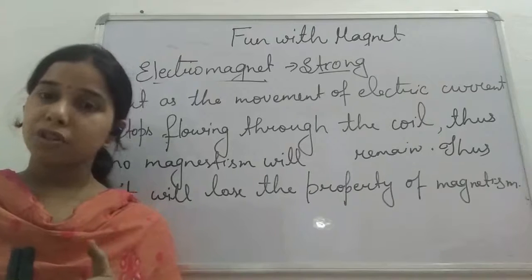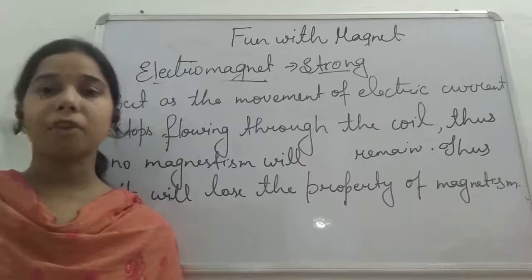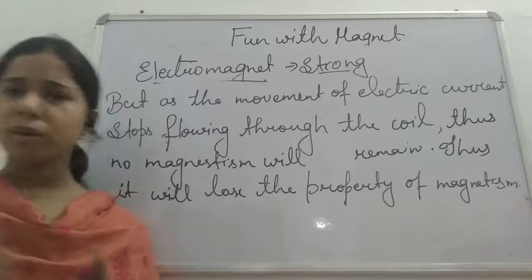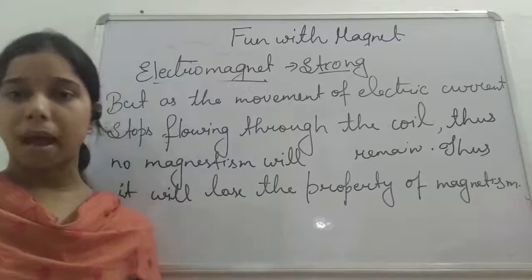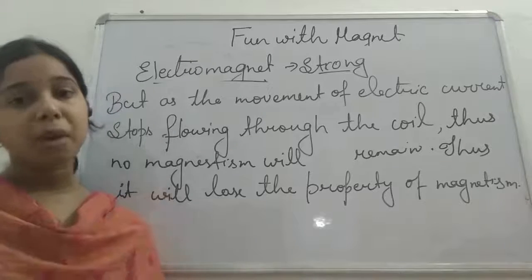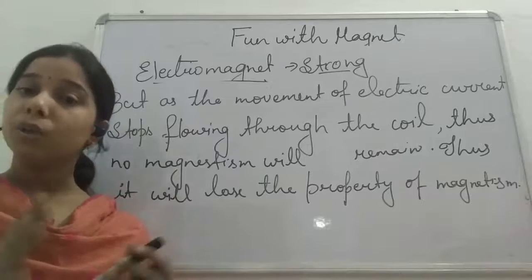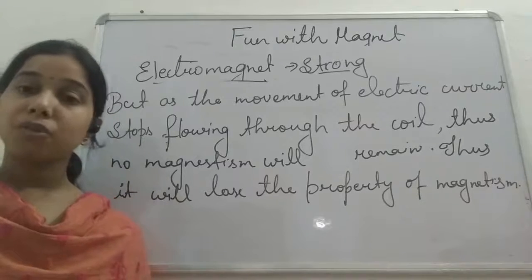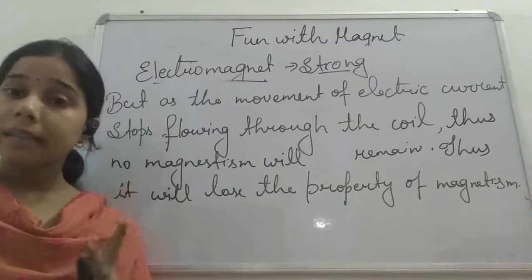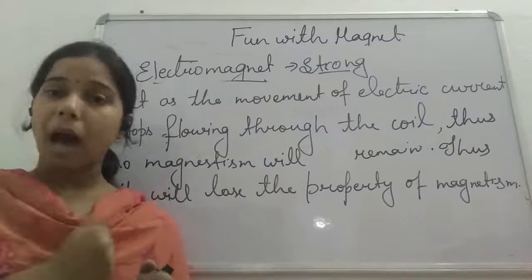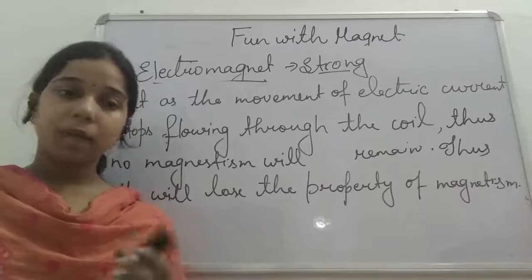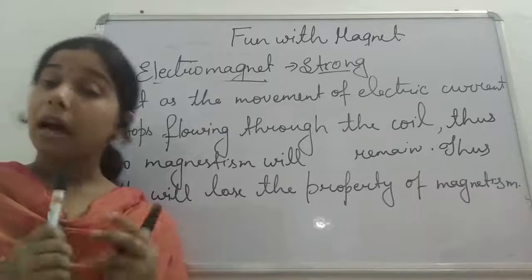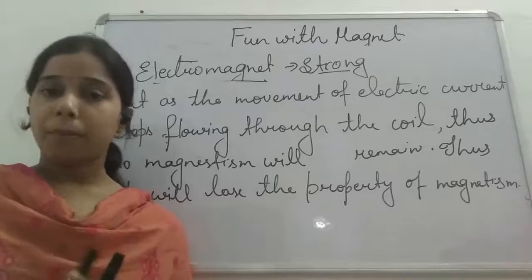The first precaution is that we should not drop it from a certain height. Okay, so if you drop it, you have seen your science teacher become so annoyed, so angry if suppose you drop a magnet. Why is it so? Because if you drop the magnet it will lose its property of the magnetism. So the first thing, we should not drop it. Second thing, we should not beat it with the hammer. Okay, so if suppose we take a bar magnet and start beating it with the hammer, then what will happen? Again, it will lose its property.